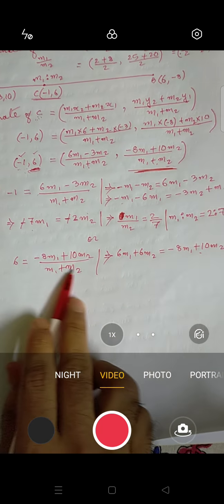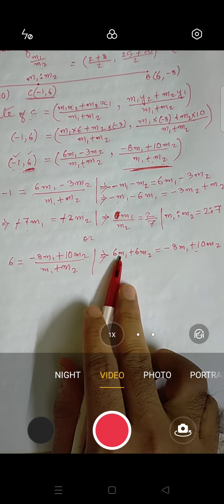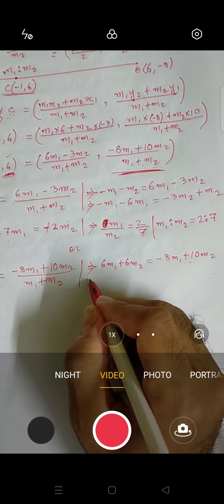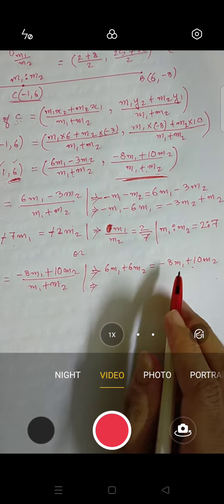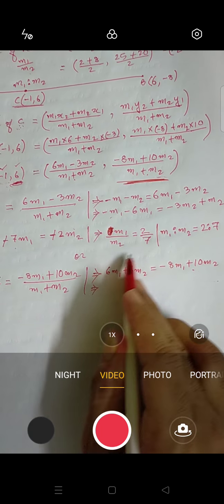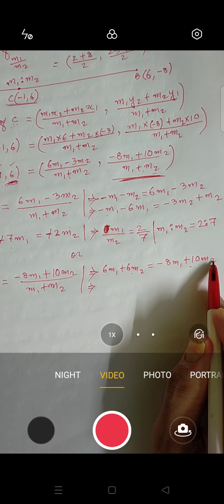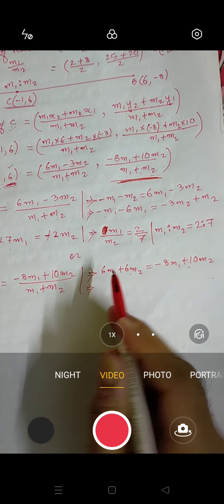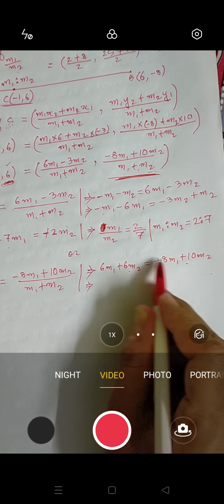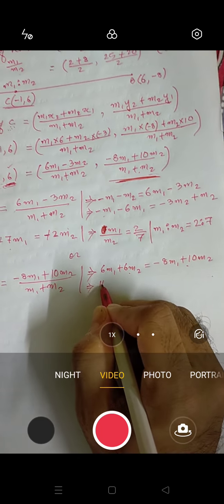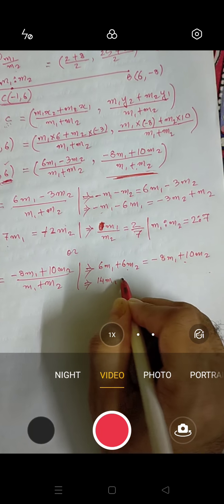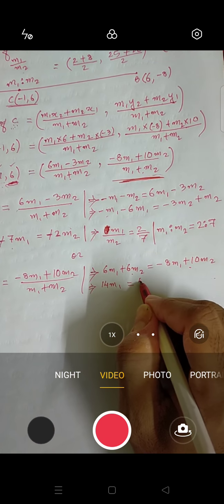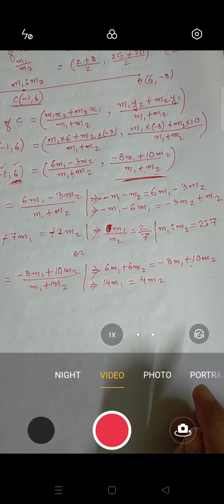This 6 will be multiplied by this one, so you will be having 6 m1 plus 6 m2, and the right hand side remains the same. Now you will bring m together. So this m, if you bring here, this will become plus, and this if you take it to the other side it will become minus. So I'll add it directly. This 8 will come here. I'm doing a shortcut. So 8 and this 6, 14. So we'll be having 14 m1 equals to this 6, we will take it to the other side, we'll be having 4 m2. Any problem?